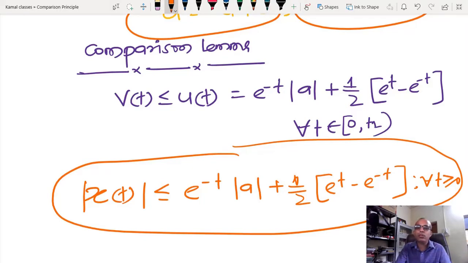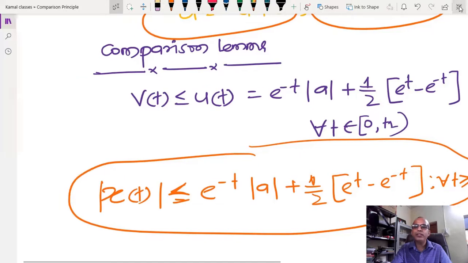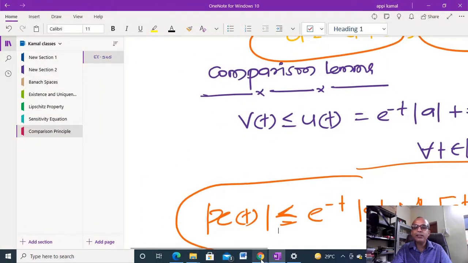Even if it is not linear, that is also okay, but only one condition: it should be solvable. So by solving the comparison system, I can know the estimate of the solution of the original system. You can see here I am just talking about an estimate. I am not going to talk about the exact solution, but most of the time knowing the exact solution is not required whenever we are dealing with nonlinear control theory, because most of the time we are just talking about the qualitative behavior, not the quantitative behavior.